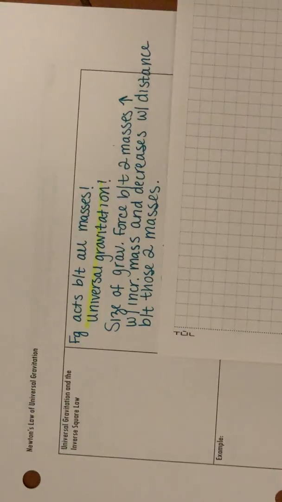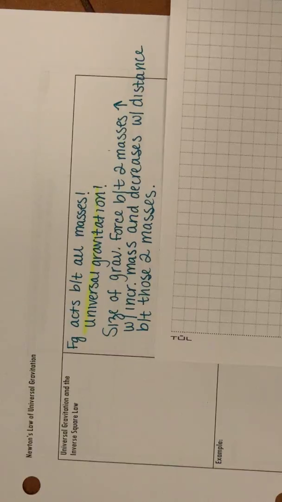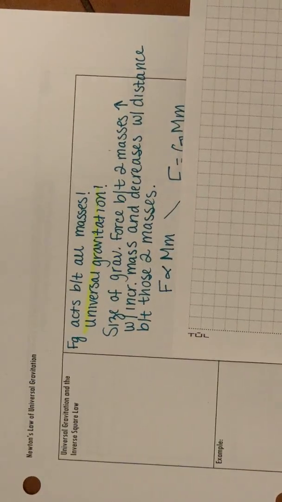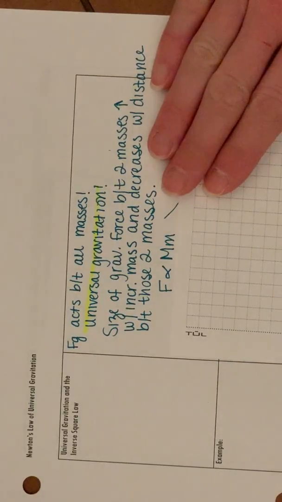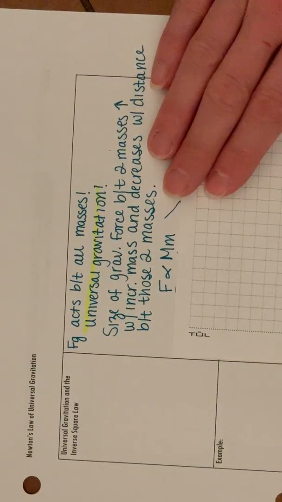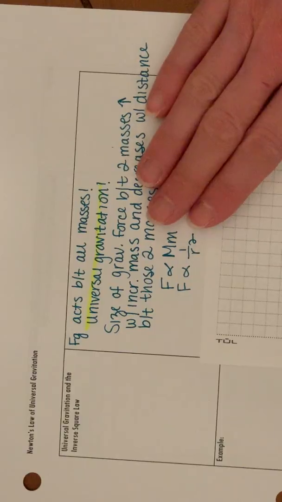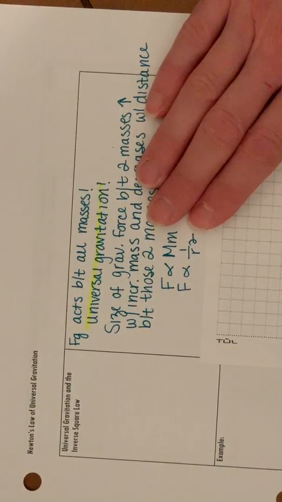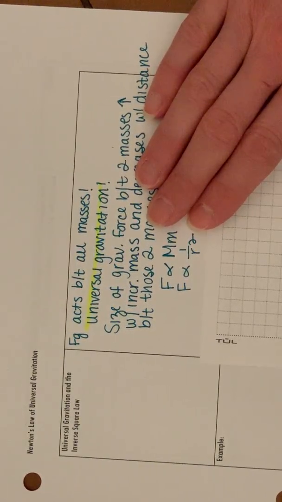So if we want to look at that gravitational force separately, we can say that force is proportional to the big mass times the small mass. I'm going to cover this up because we're going to get to that in just one second. That little fishy symbol means proportional to. And it's inversely proportional to the distance between. So we're using r because radius is a lot more friendly a value as we work through a lot of these problems. So when we combine these two relationships together to see what that relationship is,